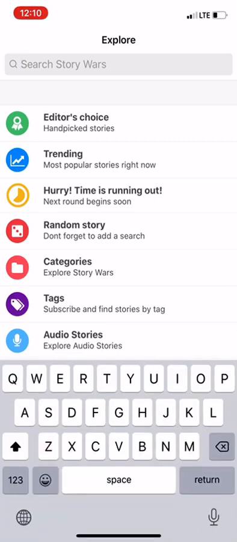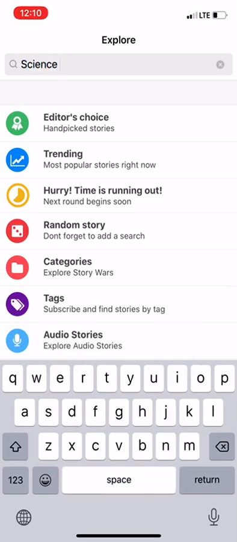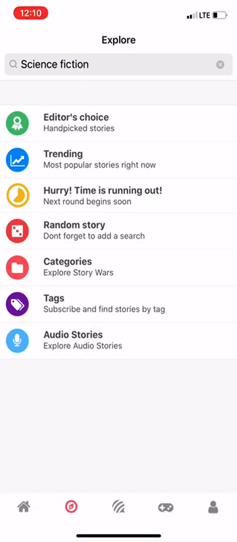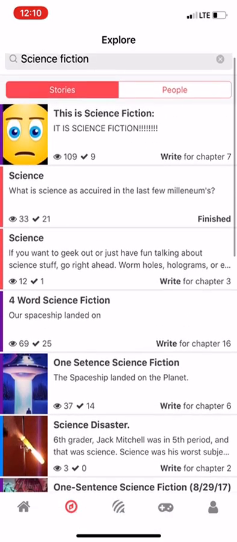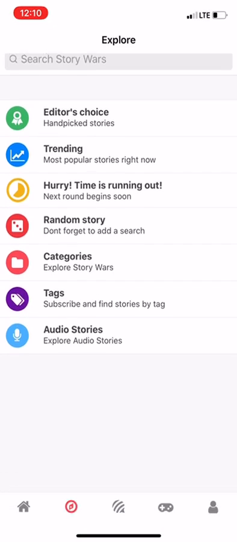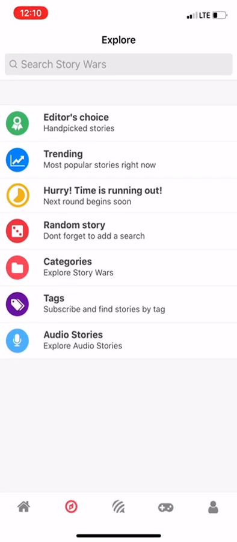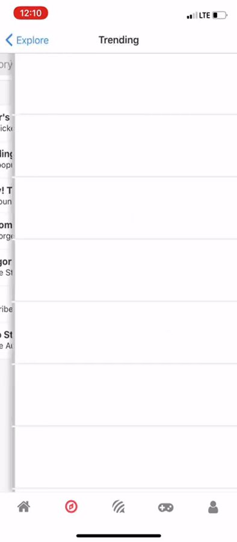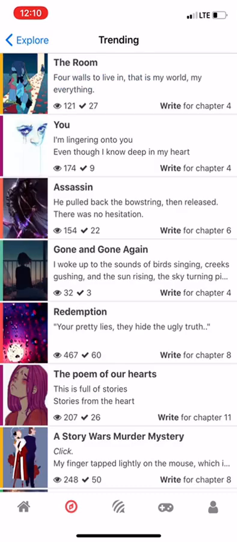So maybe you're interested in something like science fiction, and you search for that and get these different science fiction stories. The one I'm going to go to, though, is the different themes that they provide, which are trending, editor's choice, and random stories. If I go to trending, you can see these are different stories that, again, anyone can add to, anyone can write stories, and